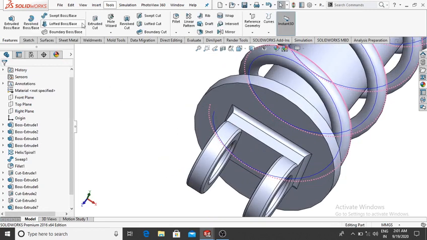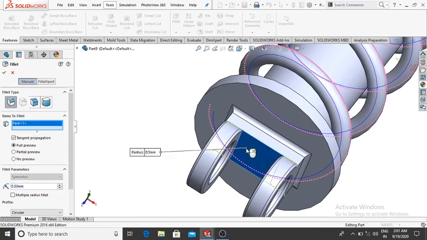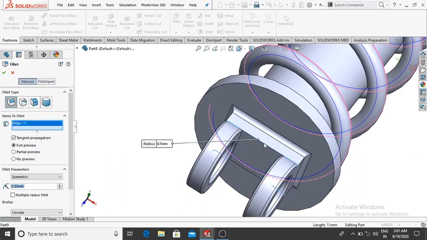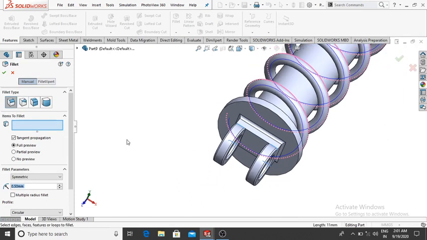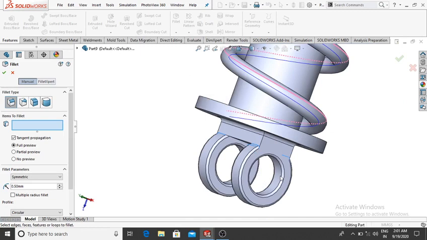And also here select fillet and select okay.